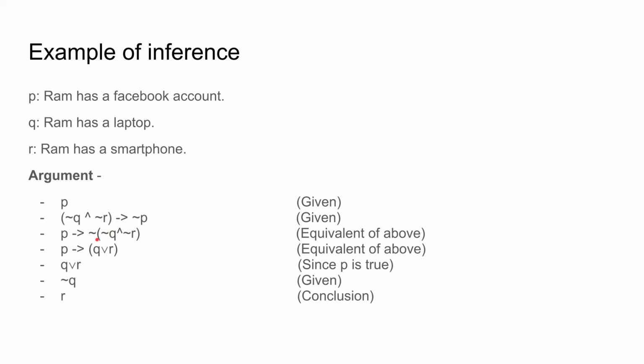So this is true. Now we are given that P is true, and we are given the third statement. Not given, but it's a direct consequence of the second statement, so this is also true. P is true, and P implies this thing, so this thing is also true. That means,